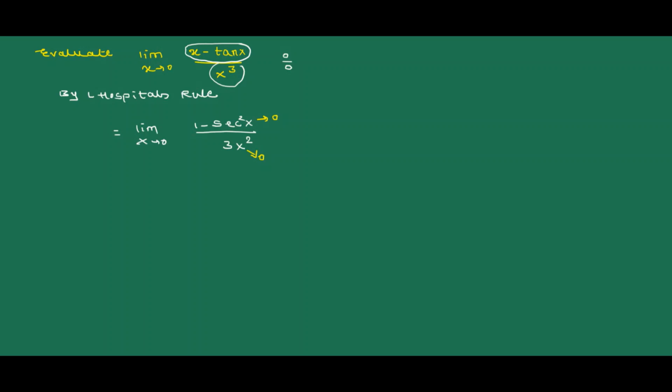What will you get? What is sec 0? Sec 0 value is equal to 1. Then again you will get the 0 divided by 0 form. So again you have to use L'Hospital's rule. So if you apply L'Hospital's rule, this is equal to limit